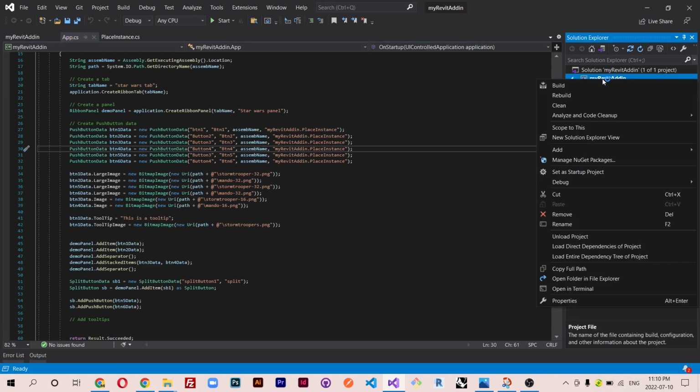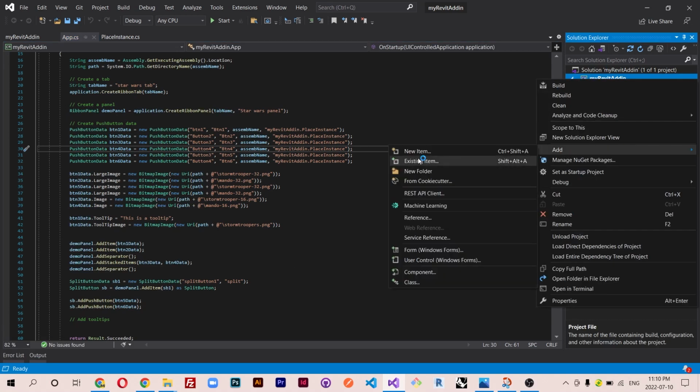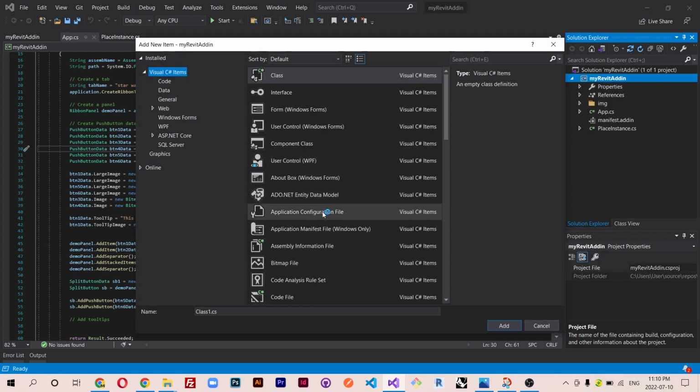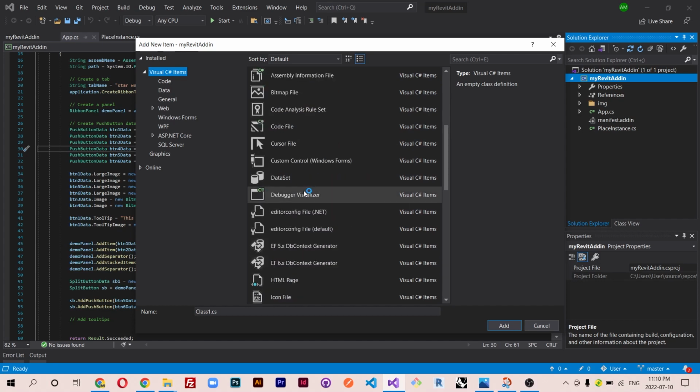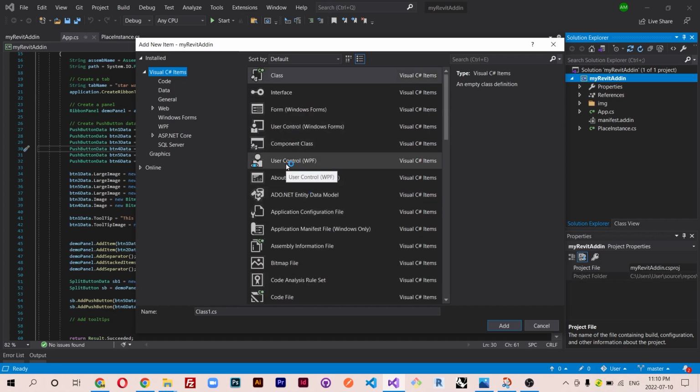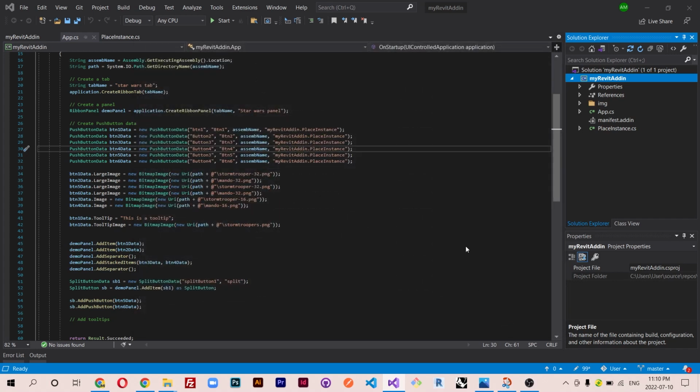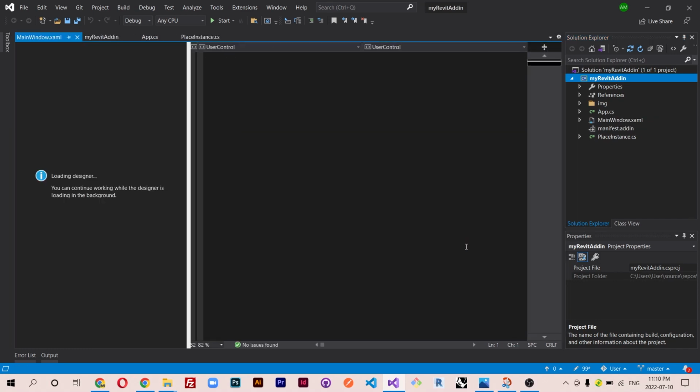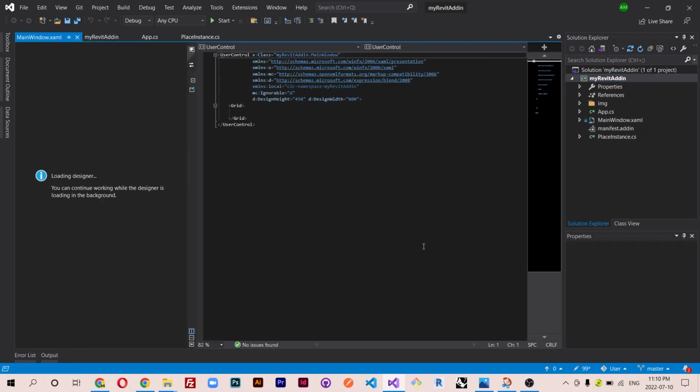Let's go ahead in here and add a new item. And as you can see, we don't have a window in here, all right, but we have something called User Control (WPF). So I'm going to click on this one, and it has this .xaml extension, and this is what we need. So I'm going to call this one MainWindow, and just hit add, and it is going to open